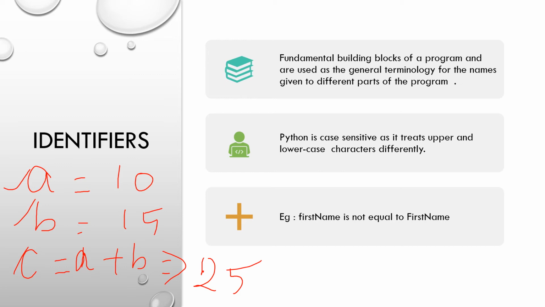So these are all called variables, and we can take any example, like first name. You can create a first name to store a person's first name, and a last name to store the last name of the person. And if you want to keep a person's age, you can create a variable called age, and then assign the value 35.